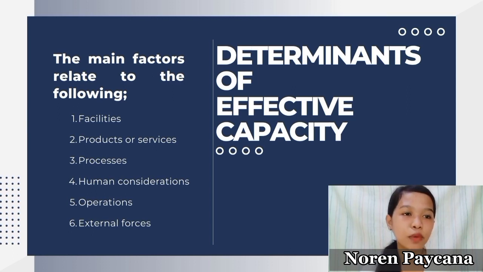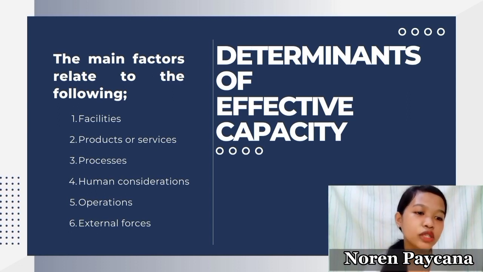nagko-cost ng mas less yung output na naproproduce. Like kagaya na lang sa mga restaurants, pag limited lang yung menu na kanilang mga siniserve, mas madali sila nakakapag-serve. While pag marami naman silang menu na ino-offer and iba't ibang menu yung ino-order ng mga customers, mas matagal para sa kanilang mag-serve rather than doon sa limited menu na pare-pareho lang yung menu na ino-order ng mga customers. So, sa process factor naman,